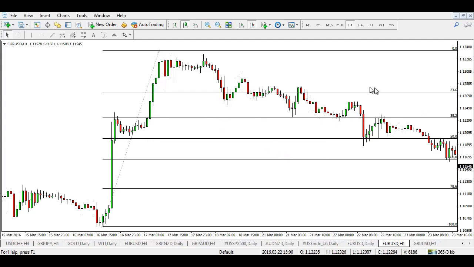So out of all these levels, the most important ones will be the 38.2% retracement, the 50% retracement, and the 61.8 retracement. We have plotted here the 23.6% and the 78.6% retracements, but they are, I would say, of less importance generally, as the market most commonly doesn't respect those levels, while the 38.2, the 50, and the 61.8%